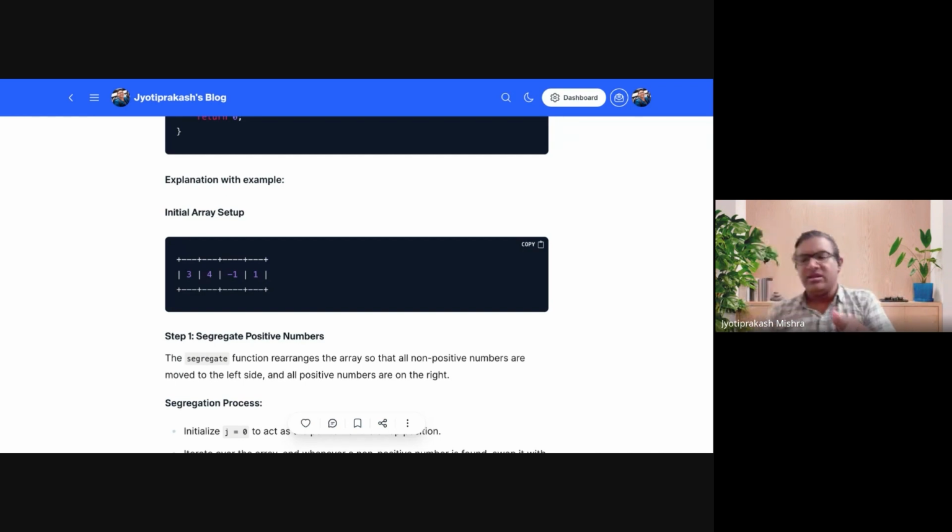तो नंदेश ने जो बोला कि 2 पॉइंटर को लेके रखो और हमको सारे नेगेटिव नंबर को बाएं तरफ लेके आना है और सारे पॉजिटिव नंबर को दाएं तरफ लेके जाना है। उसने थोड़ा सा उल्टा बोल दिया वैसे, पर ठीक है। हम क्या करेंगे, 2 पॉइंटर को मेंटेन कर रखें। अगर लेफ्ट पॉइंटर एक पॉजिटिव नंबर के ऊपर खड़ा हुआ है, उसको वहां पे खड़े रहने दो, उसको आगे मत बढ़ाओ। राइट पॉइंटर अगर एक नेगेटिव नंबर पे आ गया है तो उसको वहां पे खड़े रहने दो। ठीक है, लेफ्ट वाला अगर पॉजिटिव पे है, राइट वाला अगर नेगेटिव पे है, दोनों को स्वैप करो और फिर दोनों को आगे बढ़ाओ।